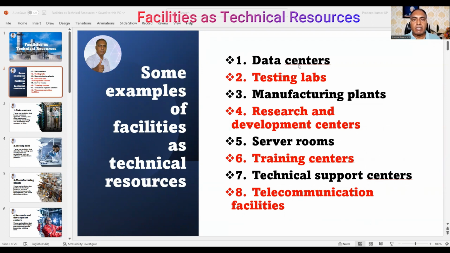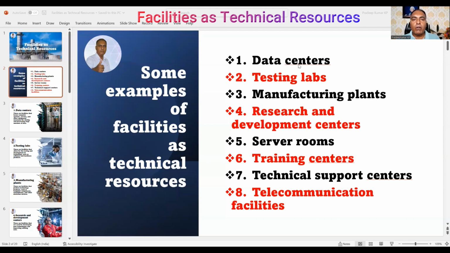Research and development centers are a technical resource. Server rooms are a technical resource. Training centers are also a technical resource. Technical support centers, and telecom too. Telecommunication facilities, maybe a kiosk or some center where we control the communications, can be taken as facilities. Even a repair workshop can be taken as a facility.